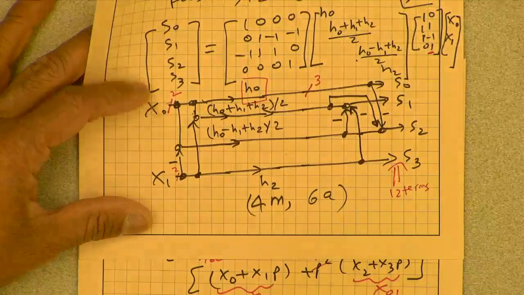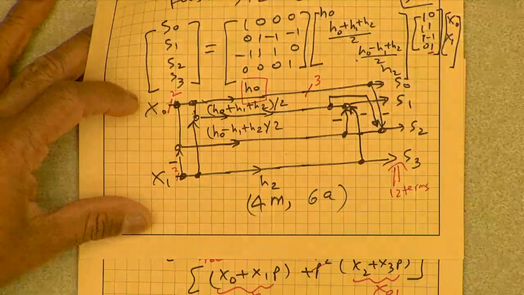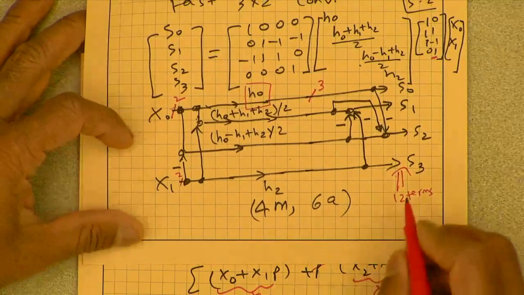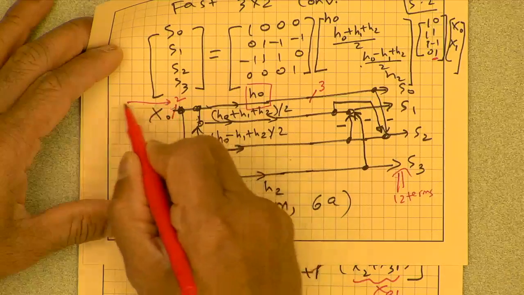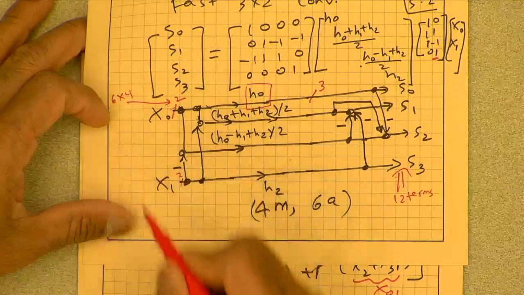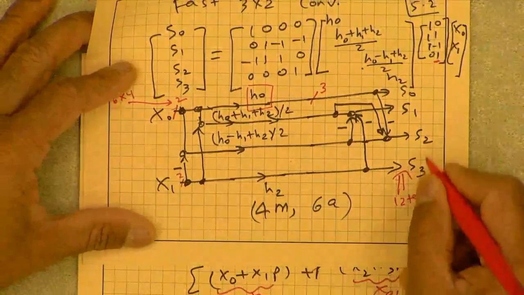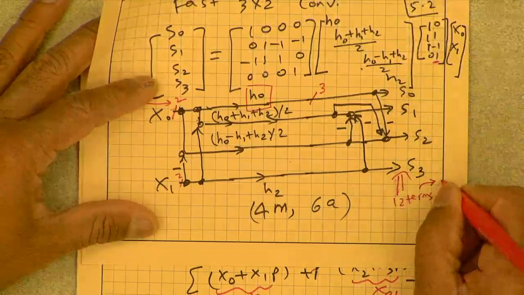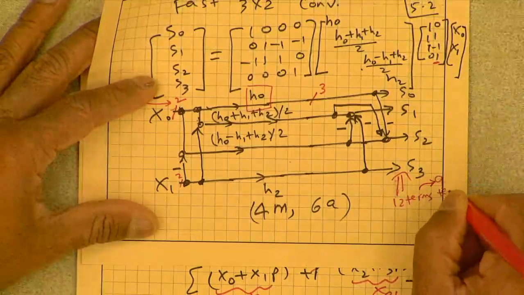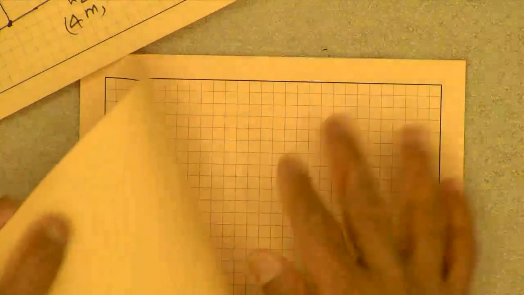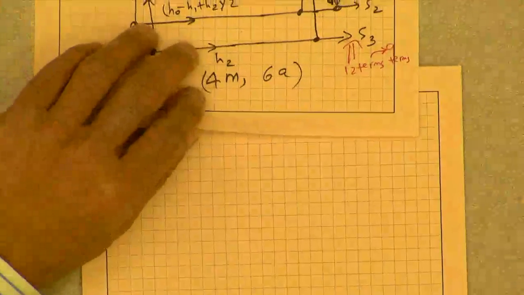Now, how many, well, I mean, I guess the red marks. So, these are for 6 by 4 convolution. How many results do we expect? 6 plus 4 minus 1, 9 points. So, the last A matrix will have these overlapping 3 terms, and that will reduce these to 9 terms. Okay. So, I am not going to do a lot more, because from this you can do that on your own.